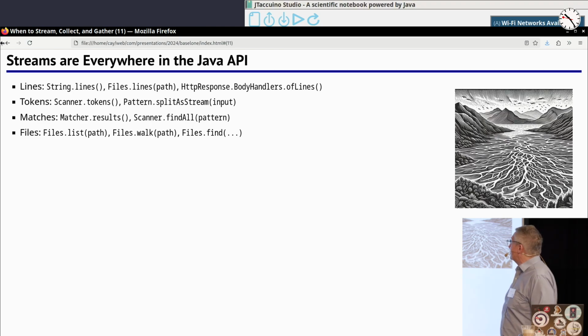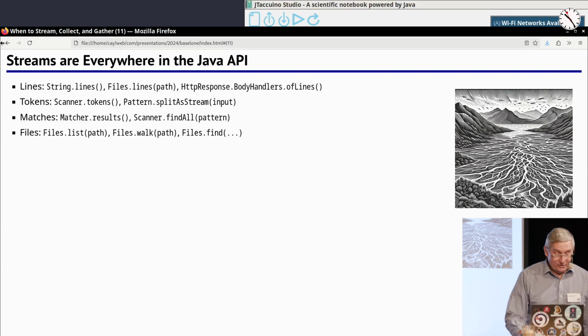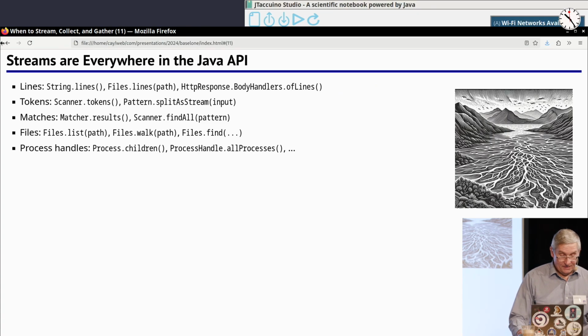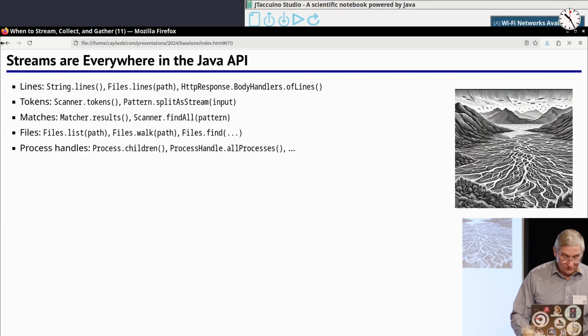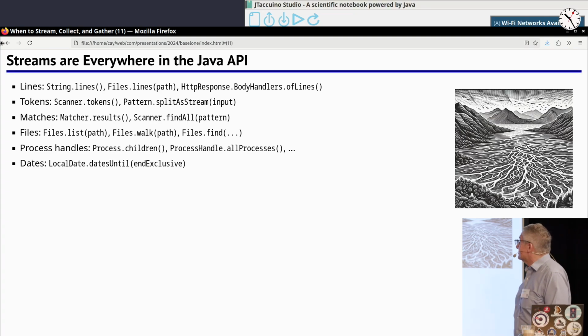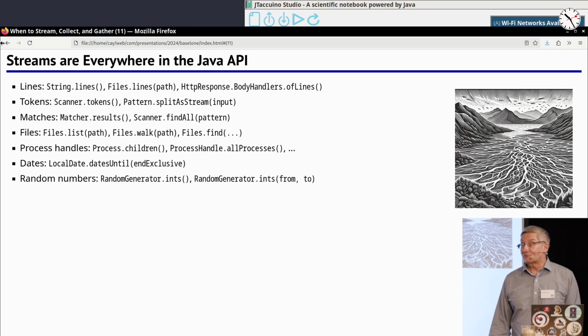If you call Files.list or Files.walk or Files.find in the really marvelous NIO Files library, you get a stream of files. If you want to deal with processes, which I don't do very much, you get a stream of them. You can get a stream of dates. LocalDate.datesUntil gives you a stream of dates. You can nowadays easily get streams of random numbers.